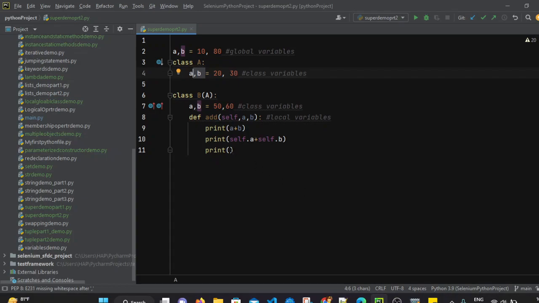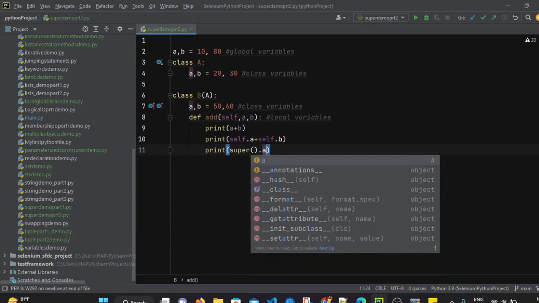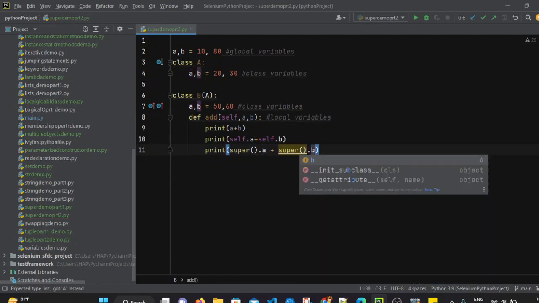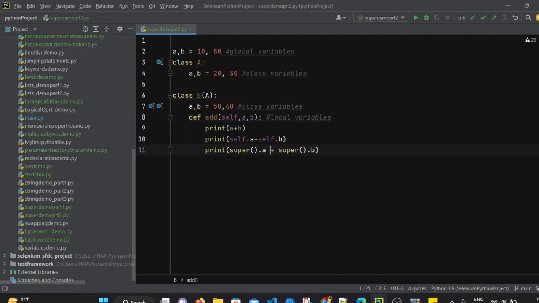In this situation we can use the super function. So super.a plus super.b will access class variables from the parent class, because if you try to use self.a plus self.b, it will access the child class variable. But if you use the super keyword, super.a plus super.b, it will access the class variables of the parent class